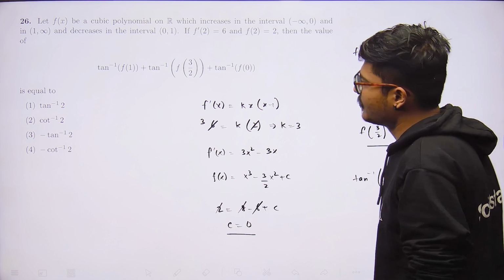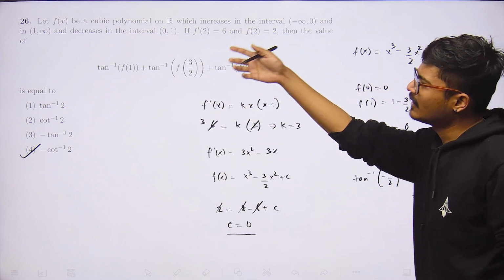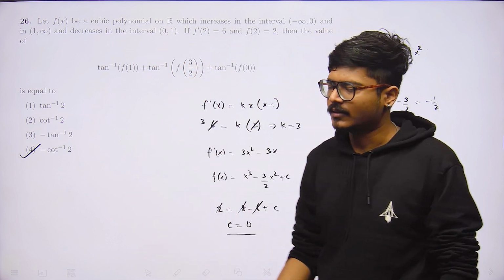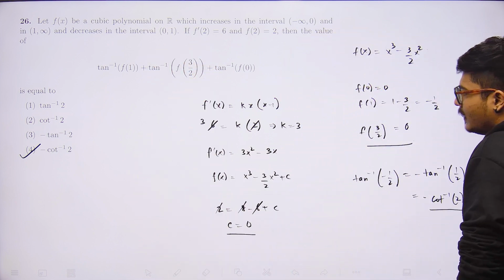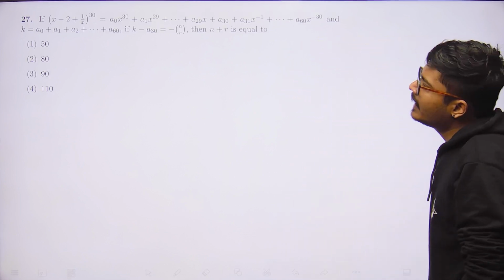Okay? So that's your final answer, minus cot inverse 2. So option 4. Okay? Simple, you just had to figure out that based on this increasing and decreasing, the roots of f prime are going to be 0 and 1. That's it. Okay? Chalo. Next question is, if this expansion is equal to this and k is equal to this